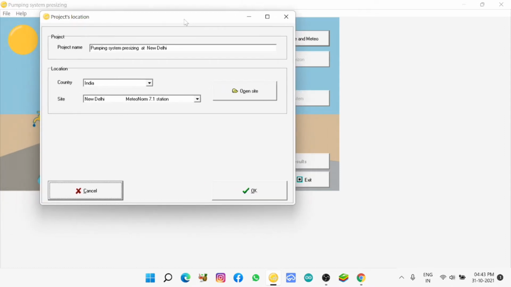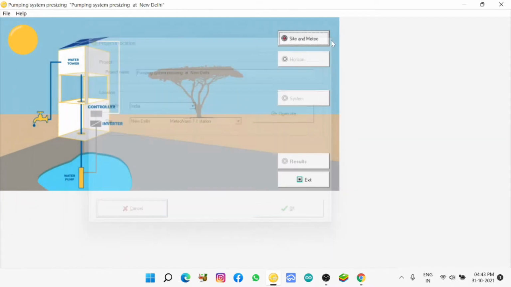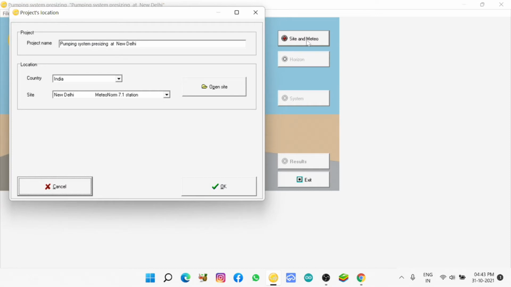Same thing: pumping station, project name, it is the repetition. We did the same way in the standalone system. When we save the project, we can collect the data of each equipment from our database.